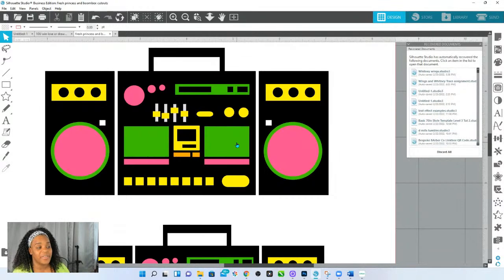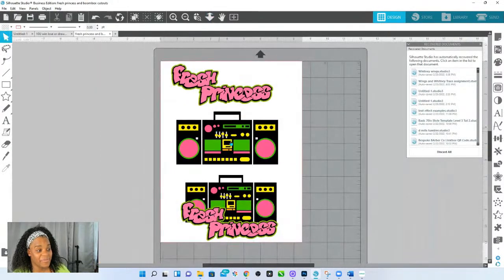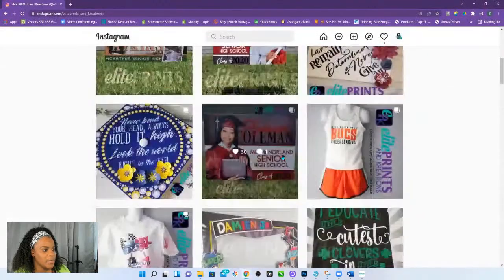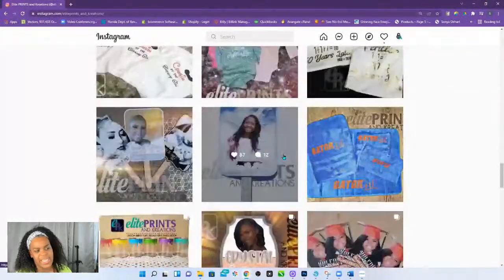I've had people ask me for this file, but I can't give this up for a little $2 file, because the amount of spacing and work and moving and looking at a picture to make this, I could never sell it for $3, because that's how much my files are. I spent so much time on this that it's not gonna happen, Captain. But I've had a lot of people ask me for it because I think the picture is on my Instagram.